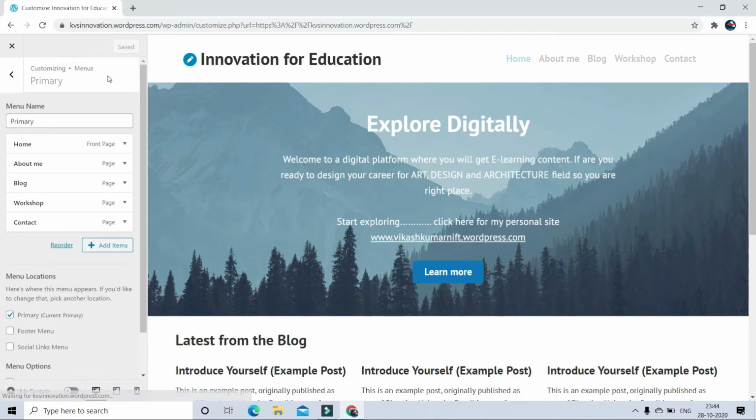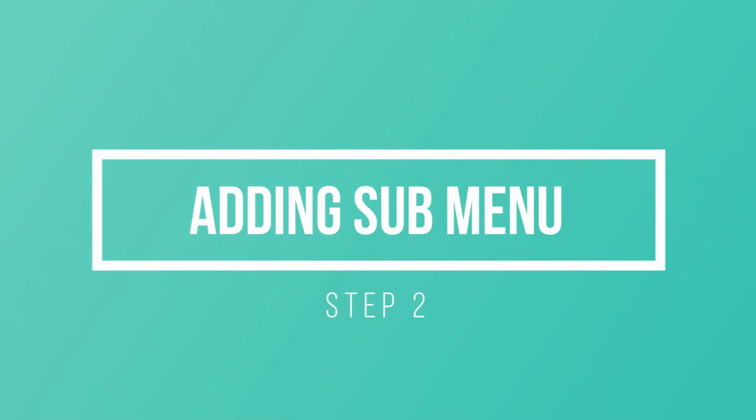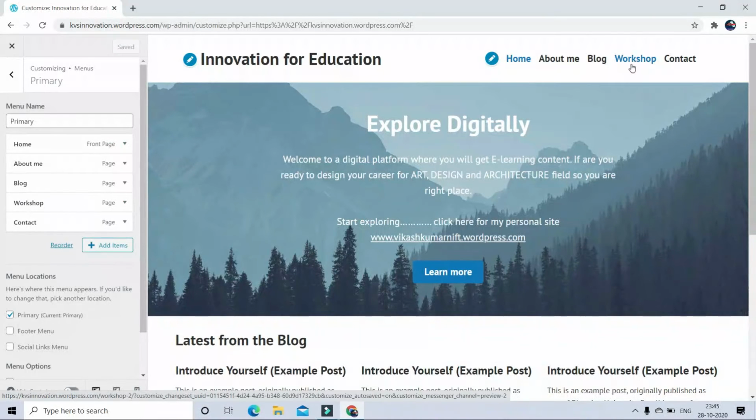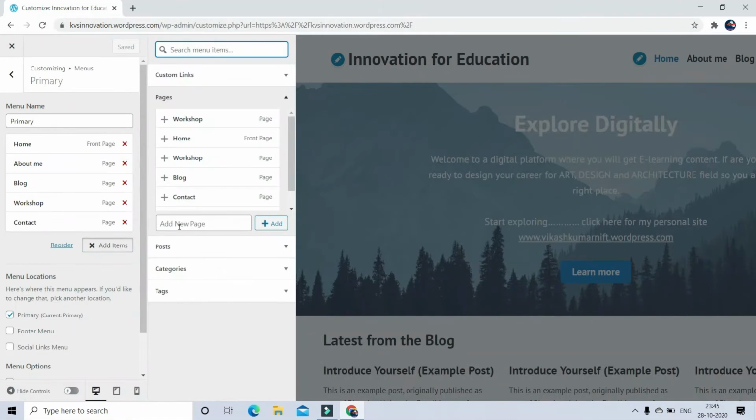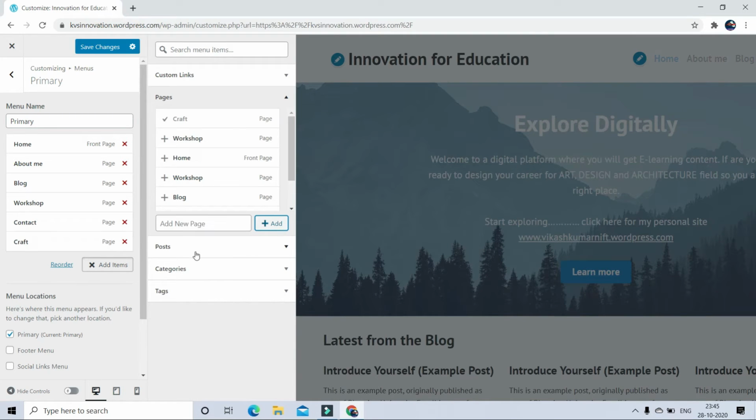Now step 2. How to add a sub menu to a menu. So on my home page, I want to add a sub menu under workshop in steps. So for that also click on add items. Here I am going to create 3 different sub menus like craft, sculpture and painting page.